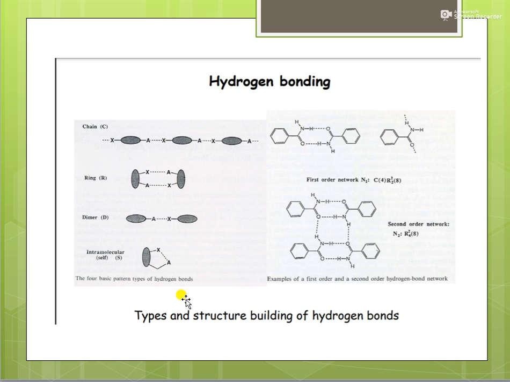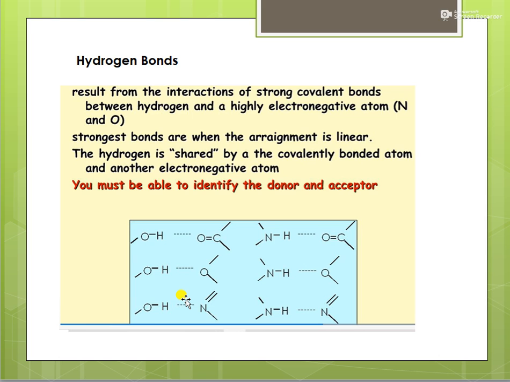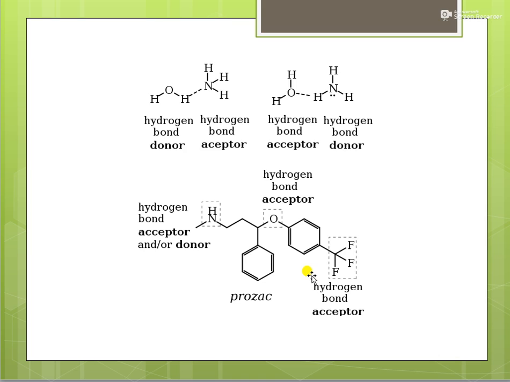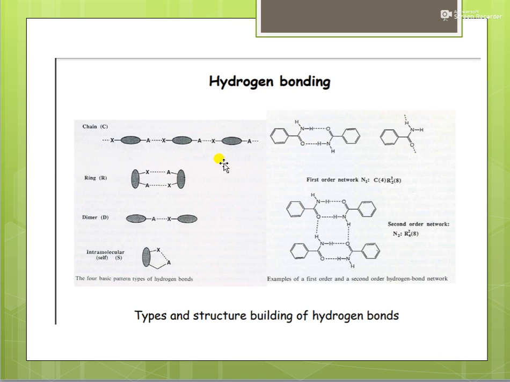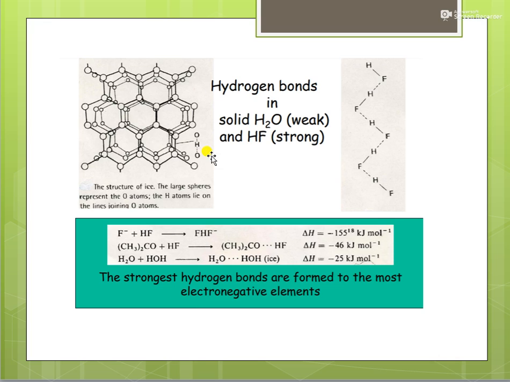So in all the cases where hydrogen bonding is happening, it is the hydrogen atom which is being shared between two different atoms, and the atoms are in such a way that one of them will be highly electronegative. Either in chains, rings, dimers, or intramolecular, or sometimes you can also find that among the hydrogen bonds itself,